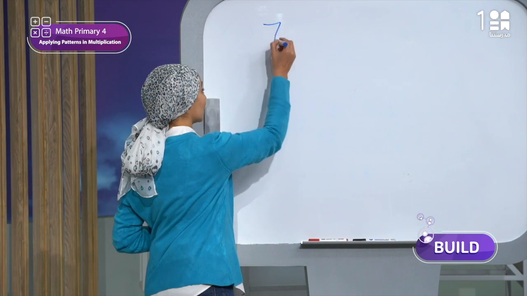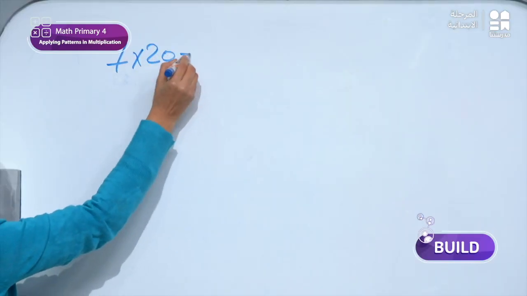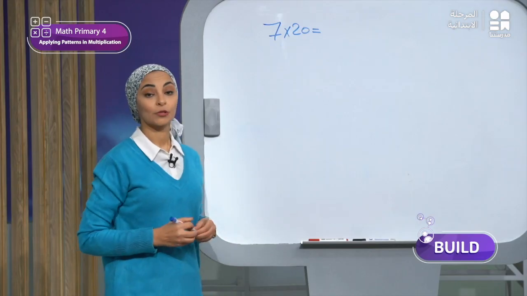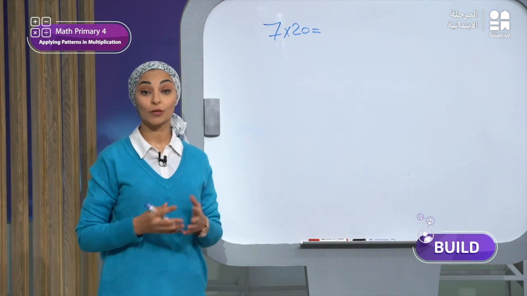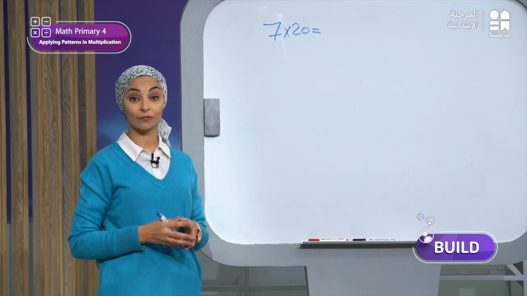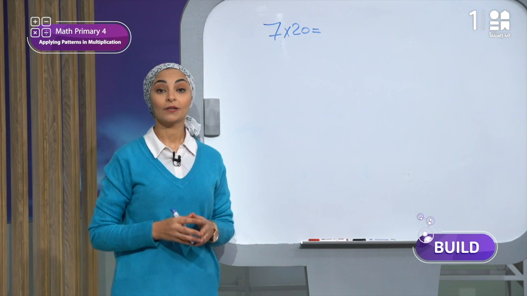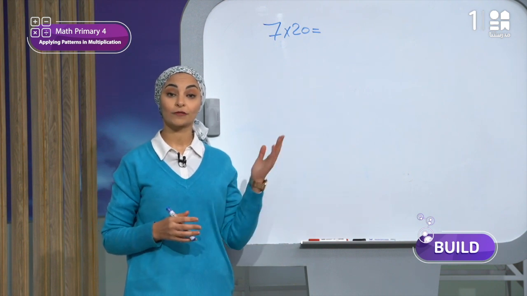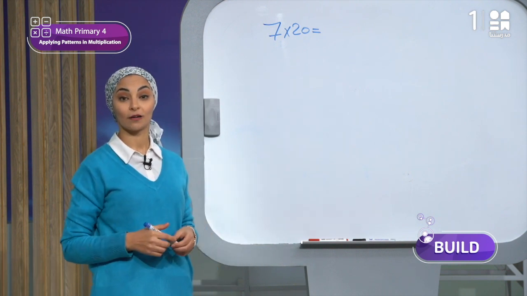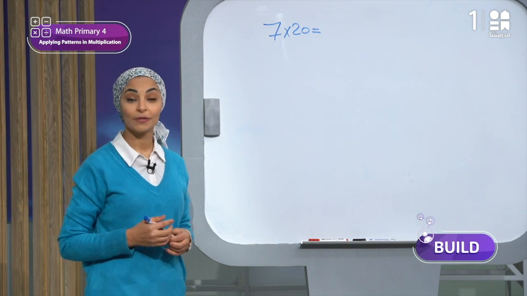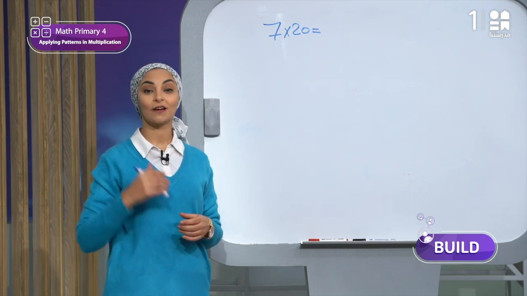Here I have 7 times 20. Okay, type 7 times 20. Here I am going to think aloud with you now to show you how to solve it. Here there are many ways to find the product of 7 times 20. One way to solve this problem is to use what we learned in the last activity